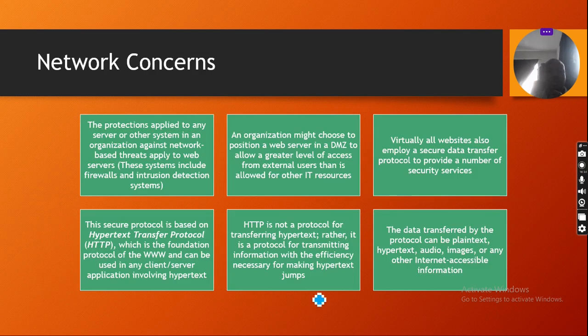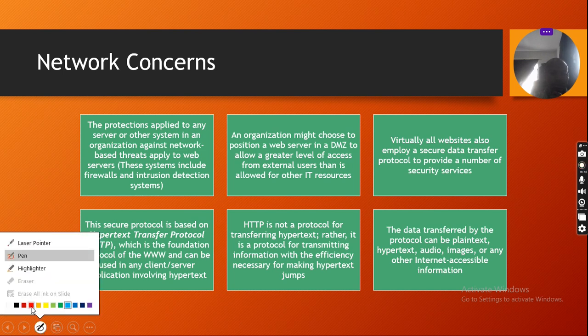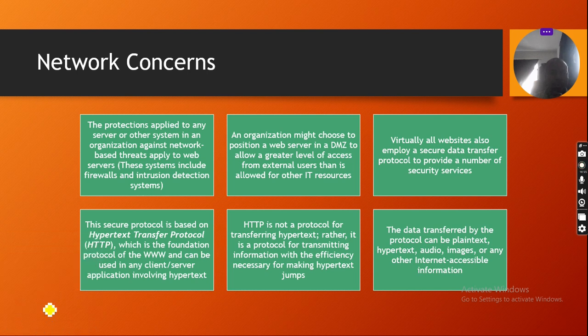Now network concerns. In network concerns, we're looking at how we can provide a protection that is applied to any server or other system in the organization's network. We need to be able to provide protection to the servers or systems in the organization's network.